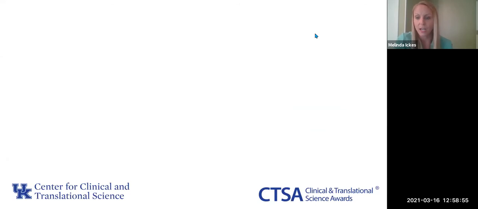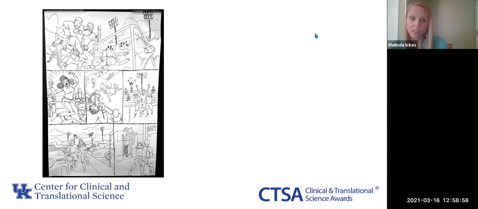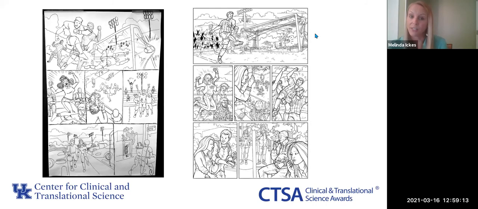From those scenes, Bryan created rough sketches. You can see some examples here. Then we would meet and review all of these. We would talk about, okay, does this panel fit? Does it make sense to shift something out of here? Do we want to move forward with the next stage of sketches? You can see from rough sketches to a more pencil version how things transformed. While we have some similarities, we also had some things that we changed throughout. We said, okay, we know that we want to say this on this page, so how do we make sure that the pictures are also helping to support that story? You can already see the story starting to come to life.